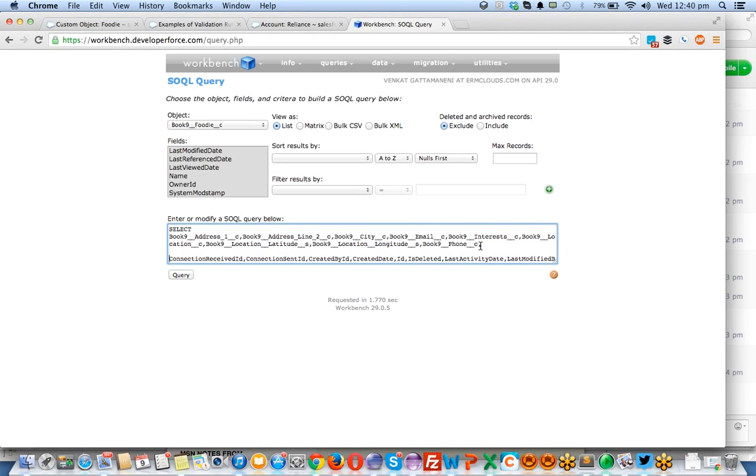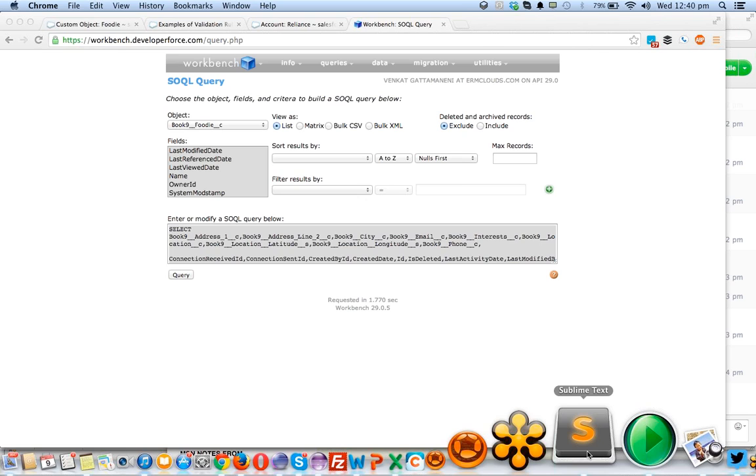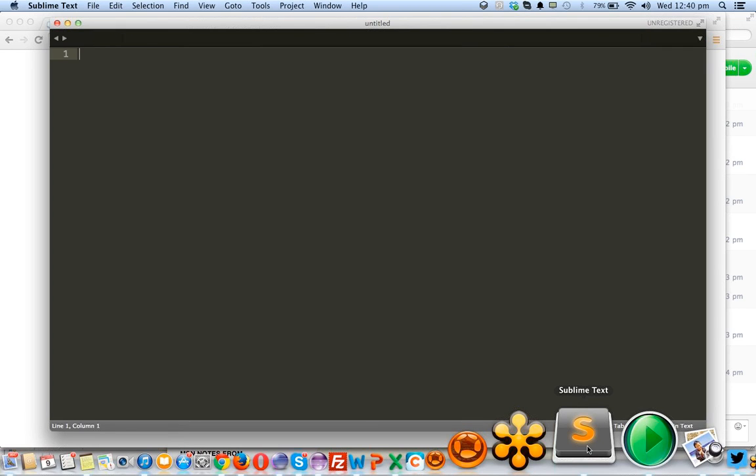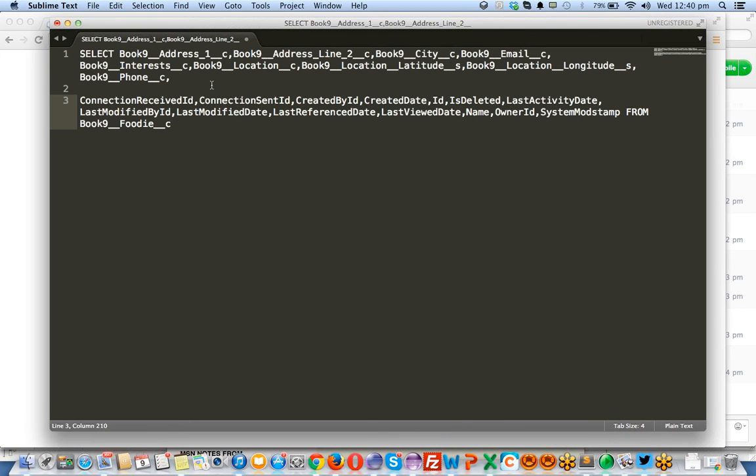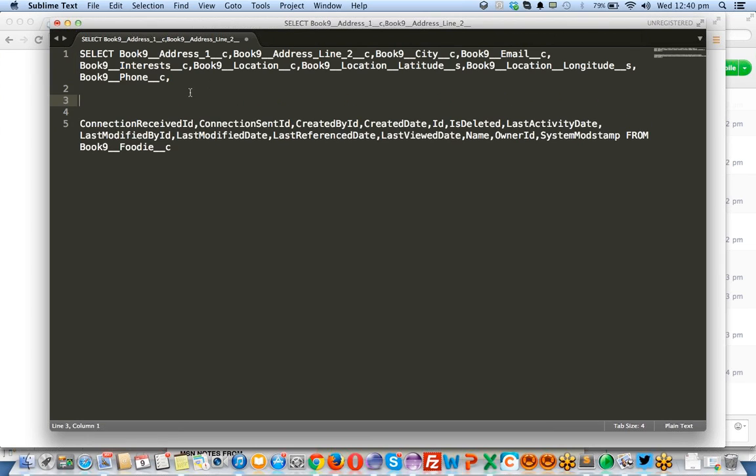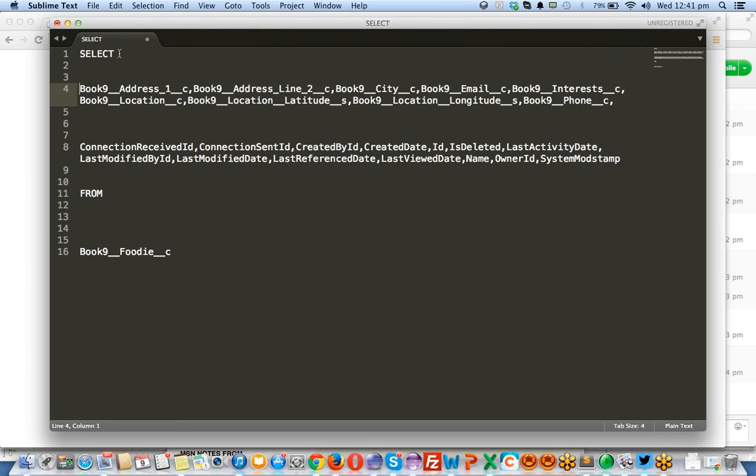What are all these other fields? If you have a problem seeing this, I can copy it to my new editor. This is the query which we have received from Workbench automatically by selecting all the fields from the SOQL query. That is how you can query the data. This is the object name. Select. So the custom fields.